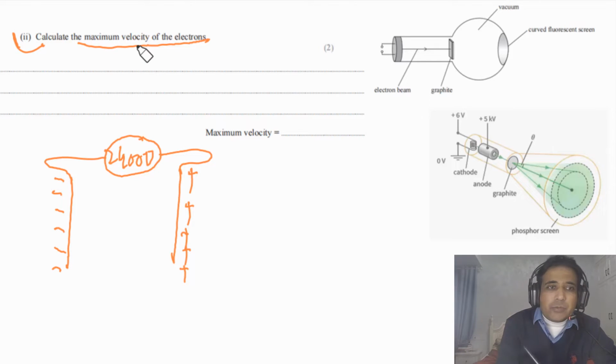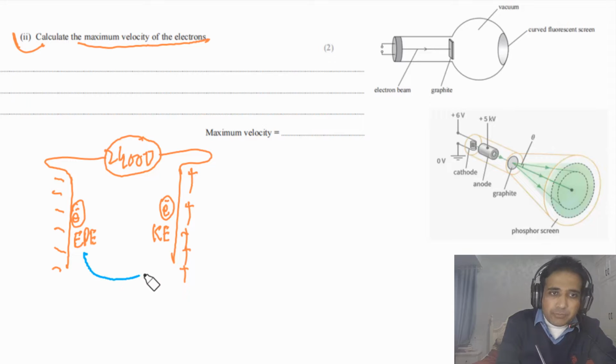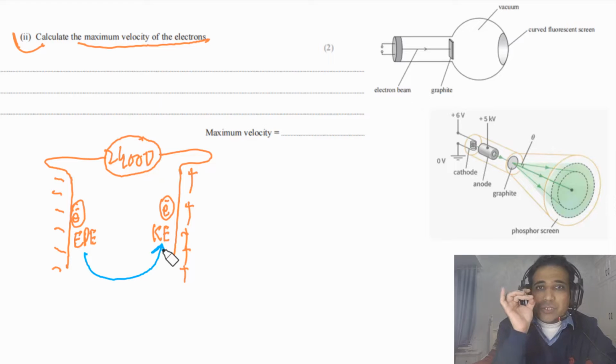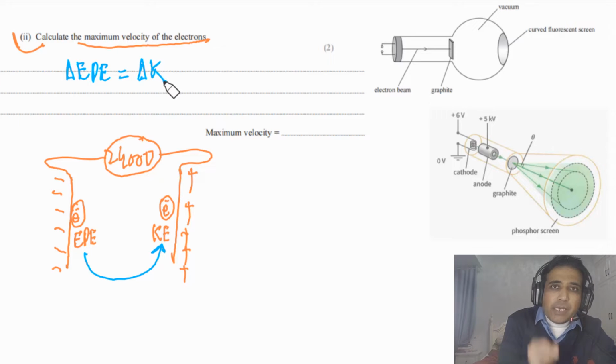They are saying the maximum velocity. As I mentioned before, at this point the electron has EPE, electrical potential energy, and when the electron reaches this point, it will have kinetic energy. In this case we are assuming that all the EPE has been converted into KE, so the speed of the electron will be maximum. So maximum speed means that the change in EPE is equal to the change in kinetic energy,